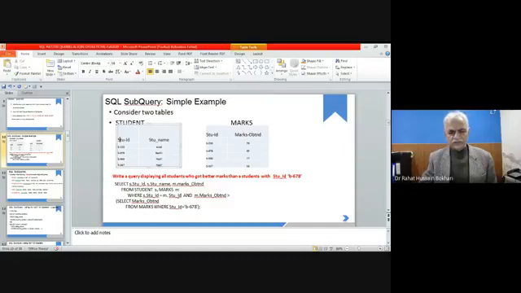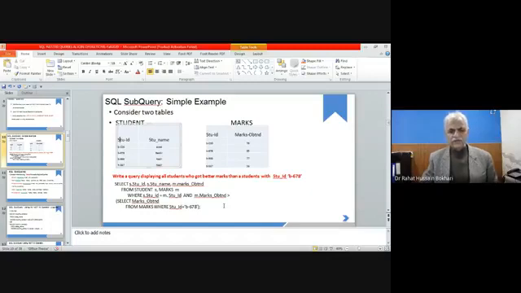It means when we are comparing, in both tables the student ID should be equal, and the marks obtained should be greater than 85. For this we have to get the result of the outer query. In that manner, you have used more than one table and more than one select statement. We can say this is a subquery because it is using a nested select statement. Further, we are also using more than one table.